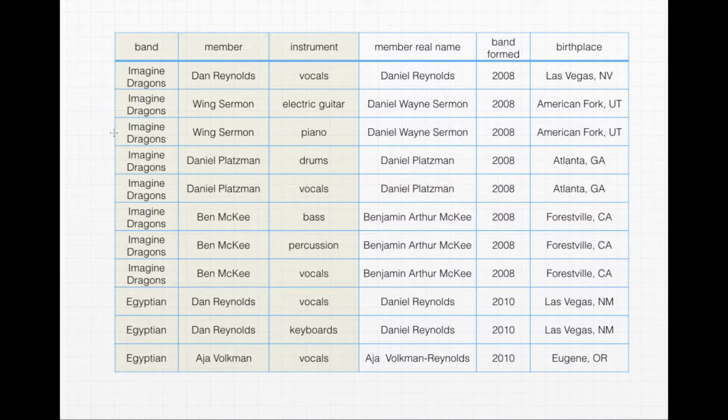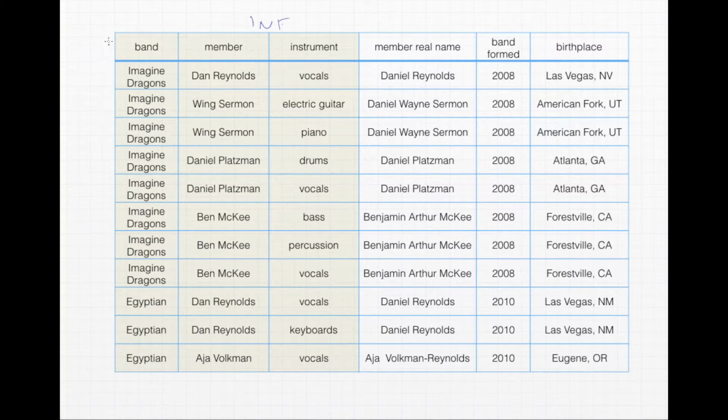Okay, so here we just added instrument to this composite key, and now we repeat. People who play multiple instruments are going to have multiple rows here. Imagine Dragons, Wayne Sermon, electric guitar, and then Wayne also does piano, so we'll do another row for that. You can intuitively tell, I would hope, that this just does not look like the way to go. There's a lot of repeated information, and it looks kind of ugly. So even though we can force it to be 1NF,